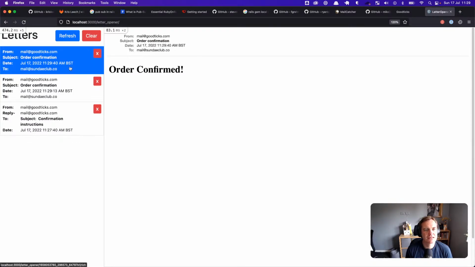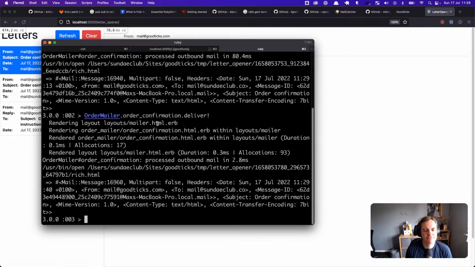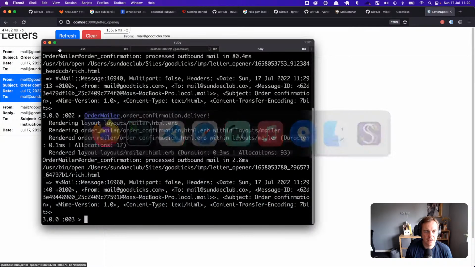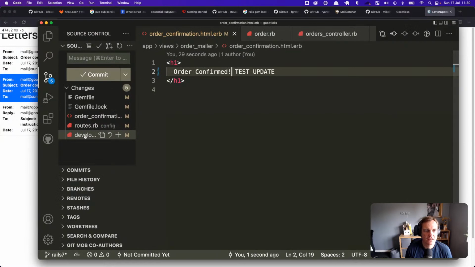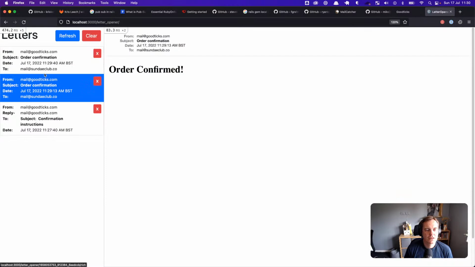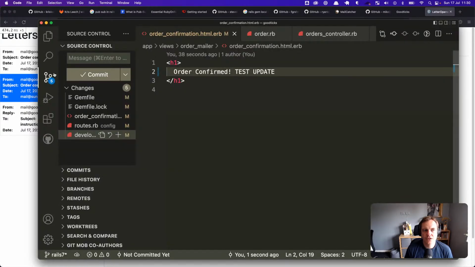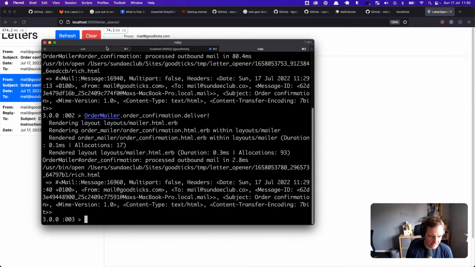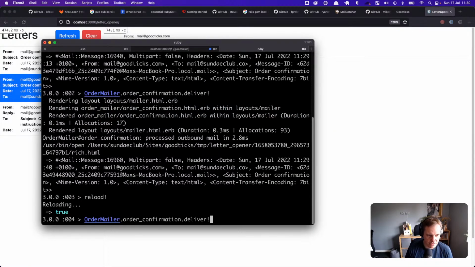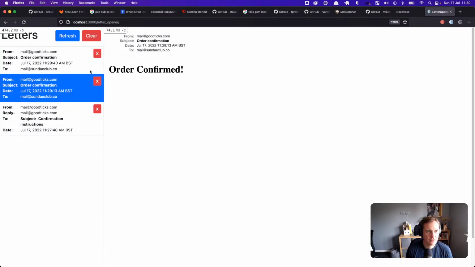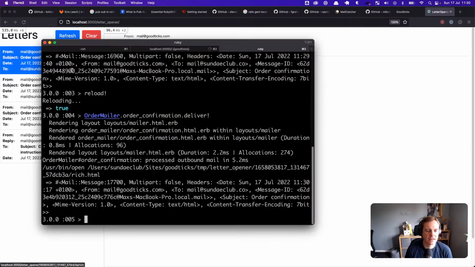Damn it! It doesn't work for local content changes. Do I have to kill the server and restart it to get that change recognized? So this should say order confirmed test update if it had processed the change to the template to the view. Unless that's my sending. So if I do reload here and do it, yes. Okay, great. Okay, so I could instead just, well, I mean, I'm just triggering it from the console, but